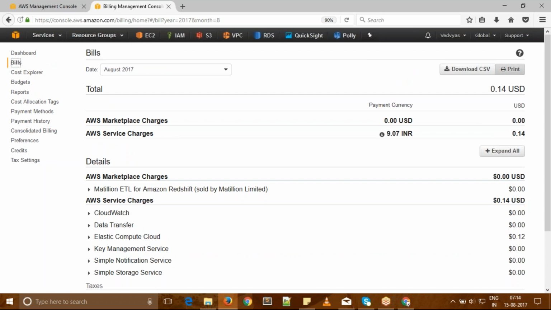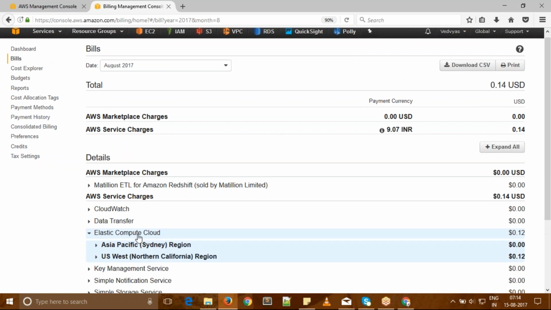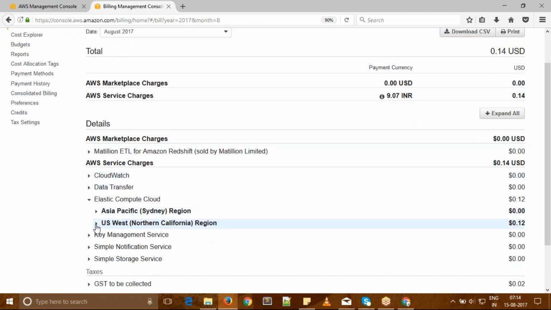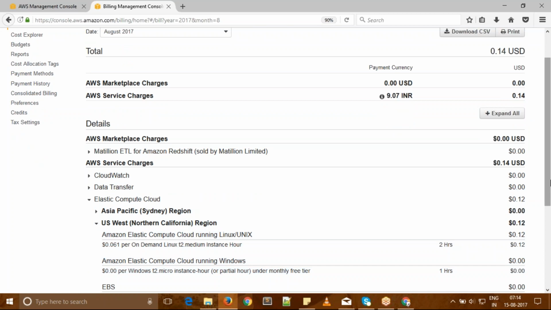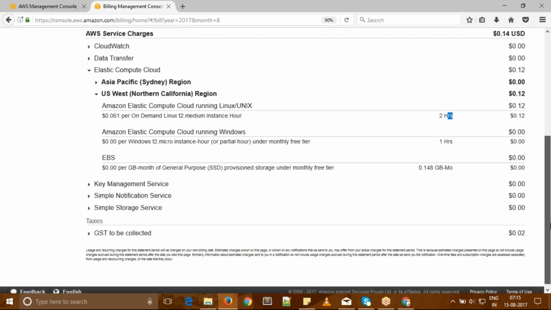You can print directly from here, and if you want to get detail, then you can select the services and drill down, and then they will tell you in which region it is getting charged and for what services, how much usage there was, and how much you got charged. So everything is detailed. You can see here the billing is at a very granular level, and they will give you a very minute level of information about your billing. Okay,